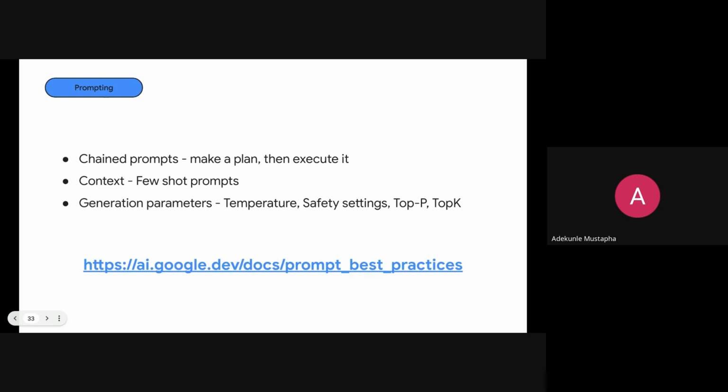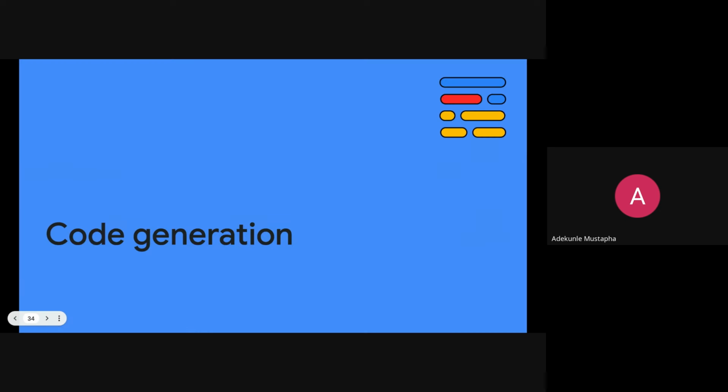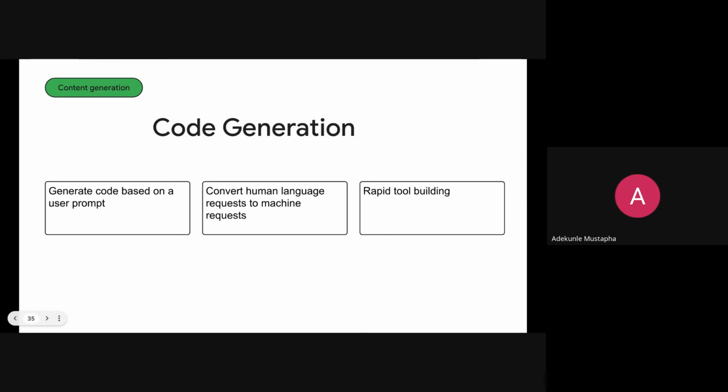Let's go to the next usage scenario. I'm just going to be doing a brief explanation of all the usage patterns I'm covering here, because this is really an introductory section. You can go to the Google Developer Community link and you'd see some more tailored events for various use cases, whereby the speaker may do a technical deep dive into the use case being handled at a particular point in time. So for code generation, what do we have to say about code generation?